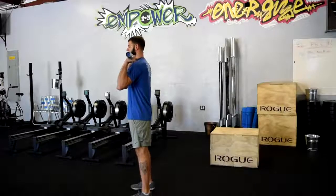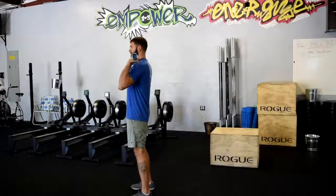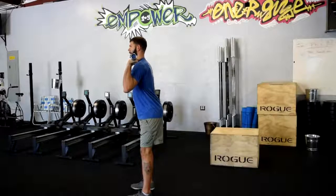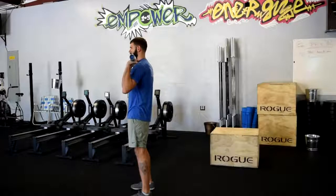Now I'm going to make sure that everything is engaged. So I'm going to squeeze my backside super tight. We can see if I don't squeeze, what I end up doing is overextending through my lower back. So I want to make sure my backside is squeezed tight, my rib cage is down, and we don't want